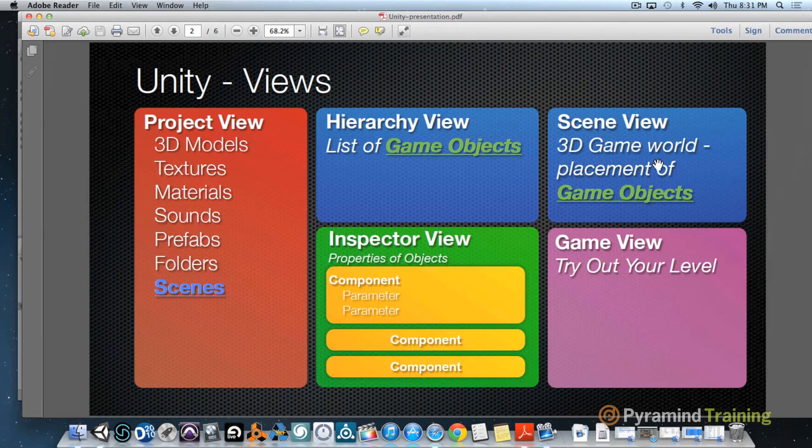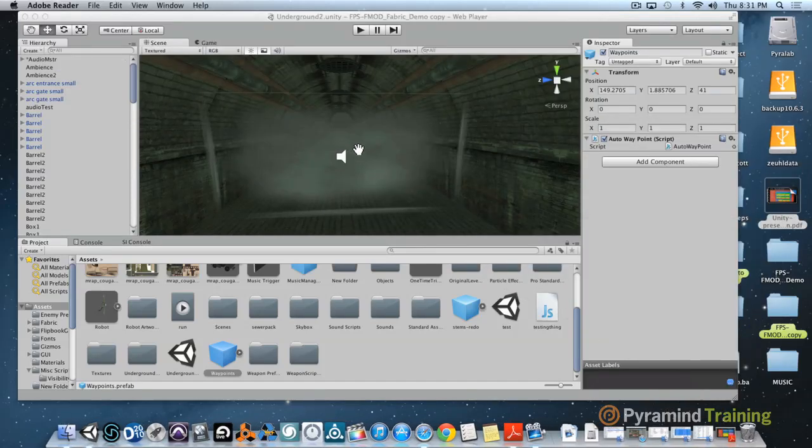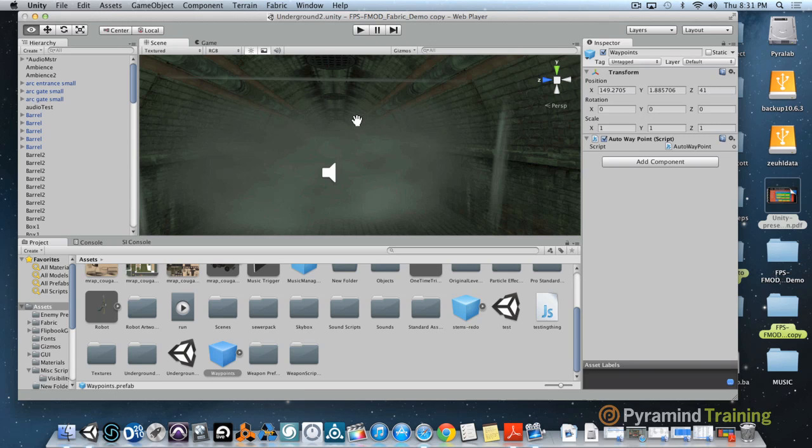But it also contains a scene view, which is the 3D game world, and this is where you're going to place all of your game objects. And this is, of course, what we have to get around. And this is probably one of the hardest things to deal with in learning how to deal with Unity, which is how to get around physically inside the game space. If you've played various games in which you've manipulated cameras in a 3D world, then you probably have a very good leg up in figuring this out. But if you haven't dealt with this and all you've been dealing with is just two-dimensional programs like Photoshop or whatever like that, this is going to be a little bit of a trip,